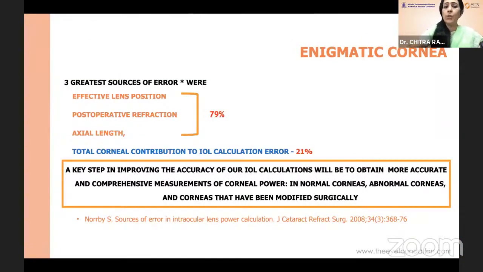So what are the sources of error? The one major error is our difficulty in estimating the effective lens position, and commensurately the post-op refraction gets challenged, and the axial length measure. This constitutes about 79% of the error, and the corneal contribution is about 21%, because we need to have not just a comprehensive measurement in normal corneas, but we need to get the final answer in abnormal corneas and corneas